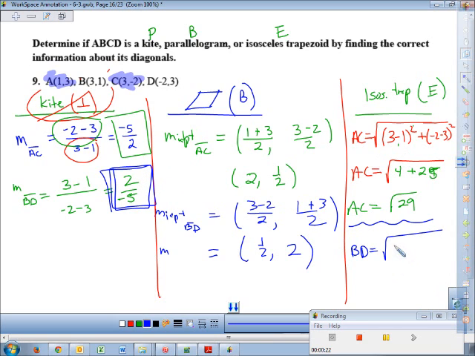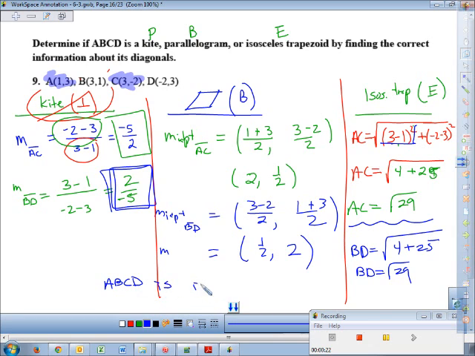What's 2 squared? What's negative 5 squared? 25. I got to square them, right? That's because it's got to take those distances, subtract them, and square them, and boom, distance from B to D equals square root of 29. Is this an isosceles trapezoid? Yes or no? Yes. So what we will say is that ABCD